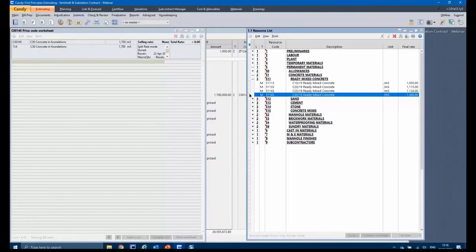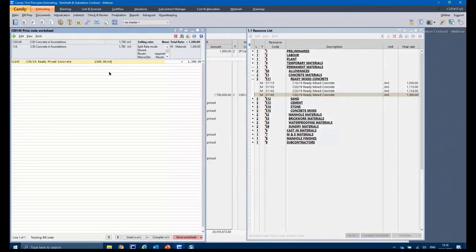Now I've got that ready-mix, and I want to use that in my worksheet. So you can just drag and drop it into that worksheet. And then this is where you apply your IP, things like your production and your wastages. In this case, I'm going to apply plus 10% waste. And you write it as if you're writing on a piece of paper. So that's what we refer to as format-free calculations. And basically, whoever reads this worksheet can understand how you calculated it.